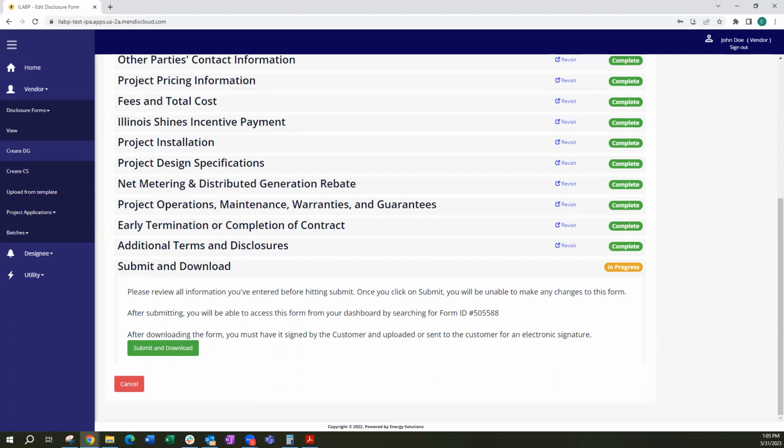Section 12, submit and download. By the final section of the disclosure form, you will have entered all information that is required. Once you click submit, you cannot make any changes to this disclosure form, so make sure all information provided is